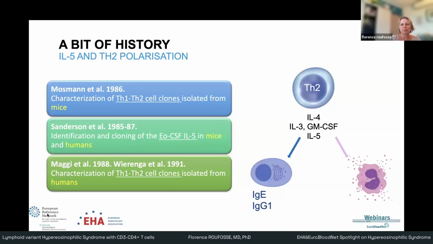And then this concept was progressively extended to humans until there were clearly human disorders wherein type 2, so Th2 polarized T cells, producing these cytokines, IL-4, IL-5, were really the signature cytokines, driving eosinophil expansion on one hand and differentiation of IgE secreting plasma cells on the other hand. And it's really in this era when this was around and when, for example, atopic disorders were being linked to